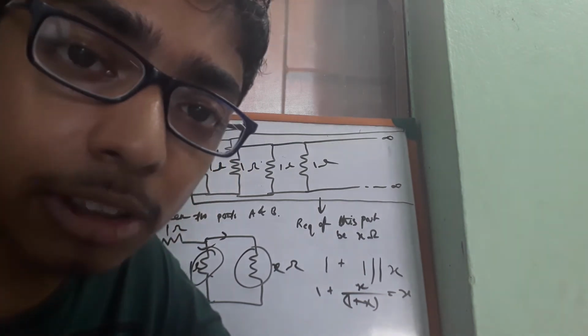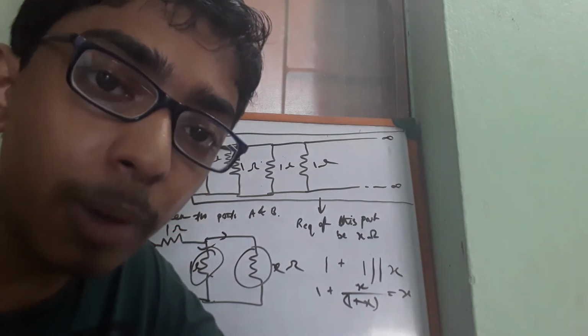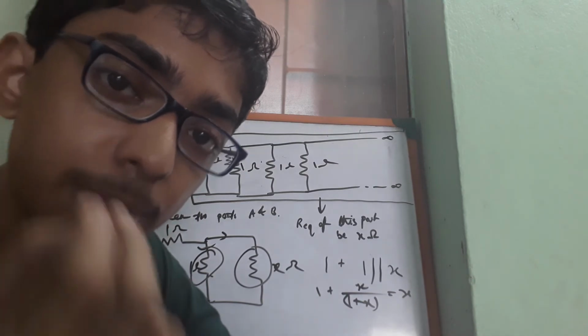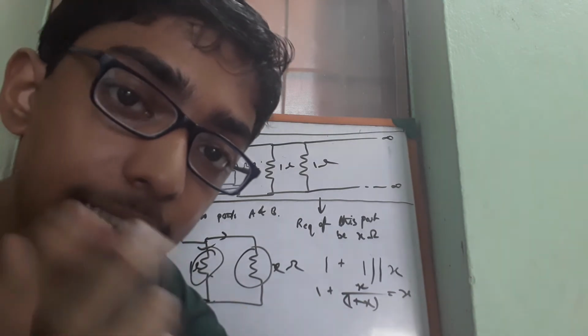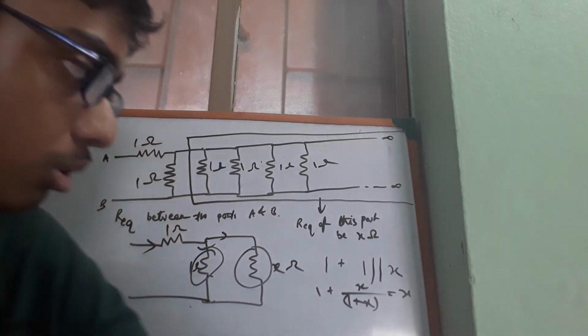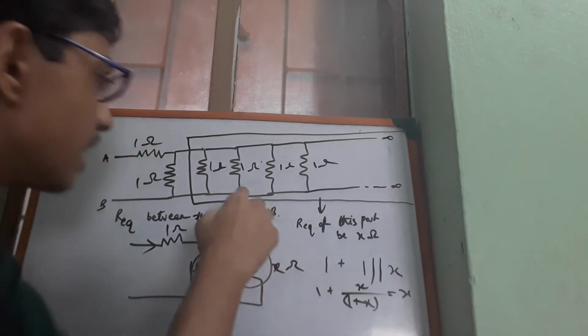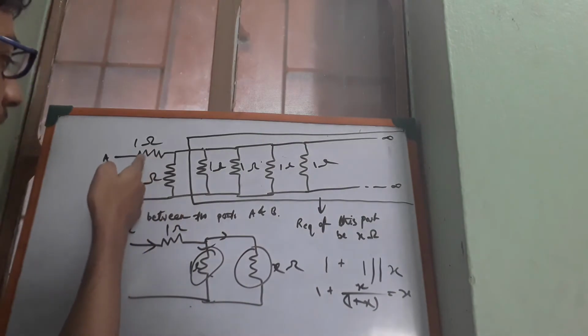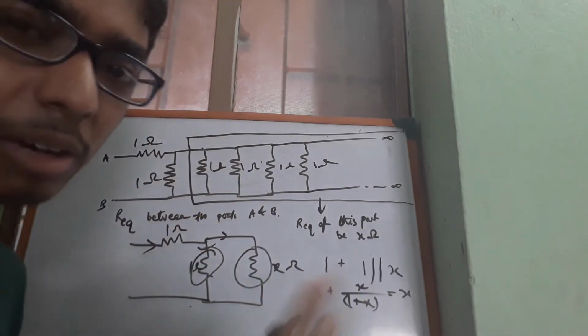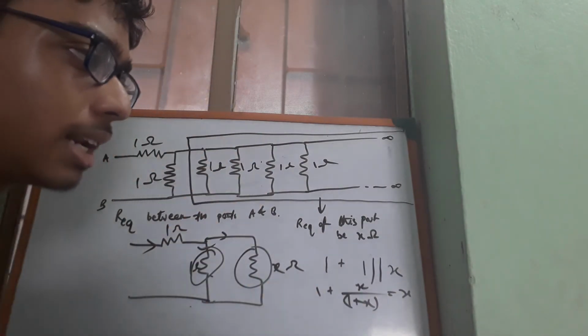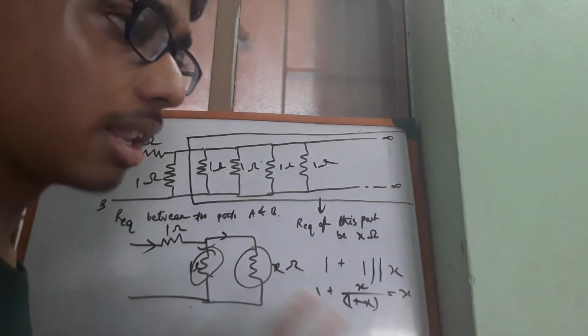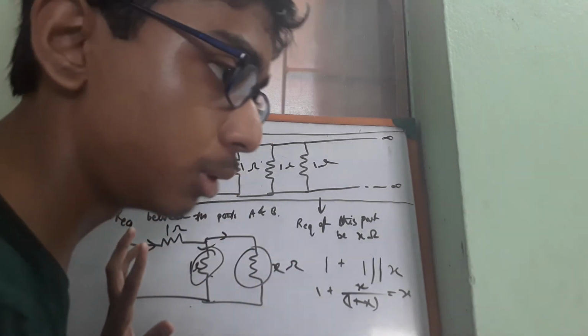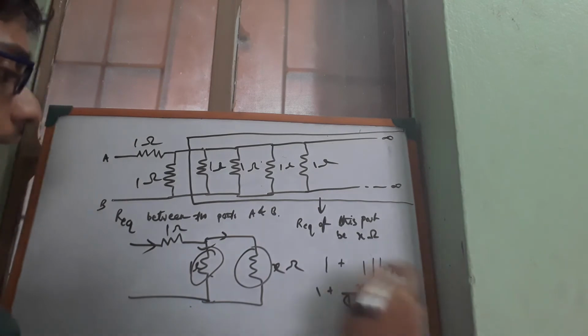That's why we say an electron's mass, 9.11 times 10 to the minus 31 kg, is negligible, very small, but no matter how small, it is still a mass. So we assume this to be x. This is going on infinitely, like a big series, and we have just one here and one here, so that won't make much difference, like one bucket of water less won't make much difference to the ocean. The ocean is almost an infinite amount of water to us because we can't measure it anyway. So we assume this to be x.